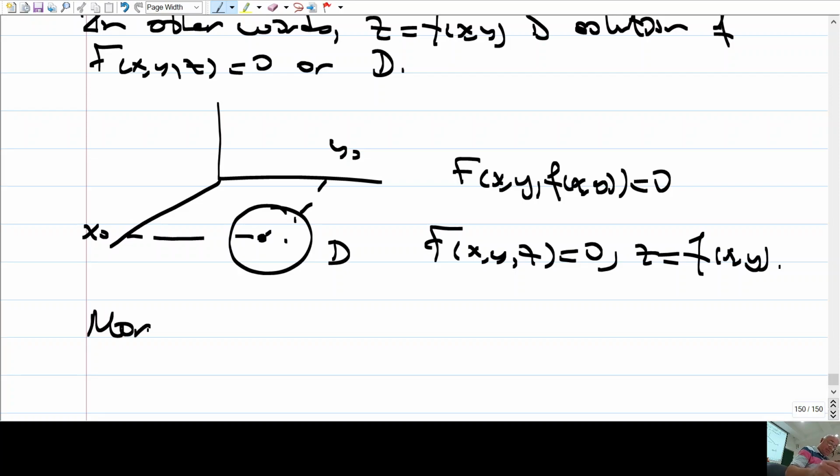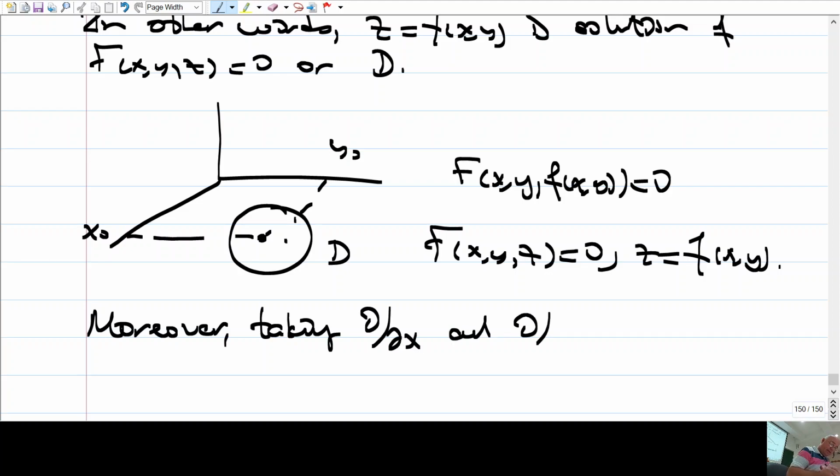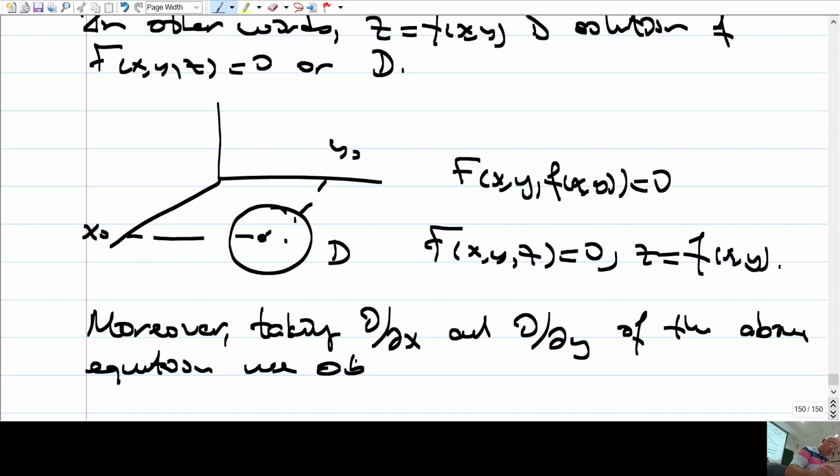Moreover, taking del x and del y of the above equation, we obtain